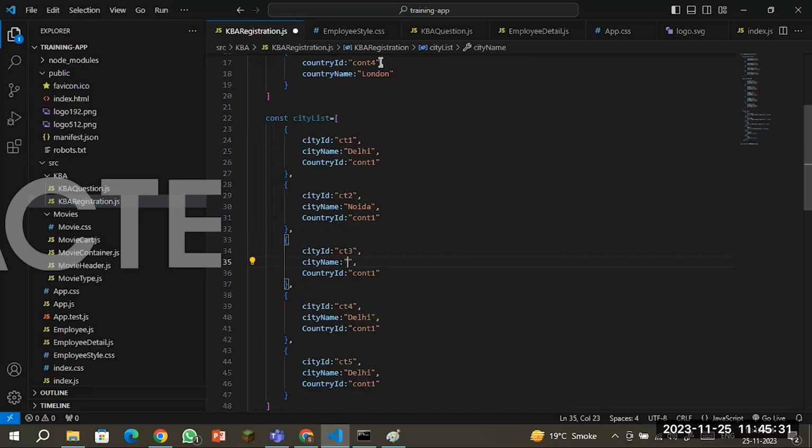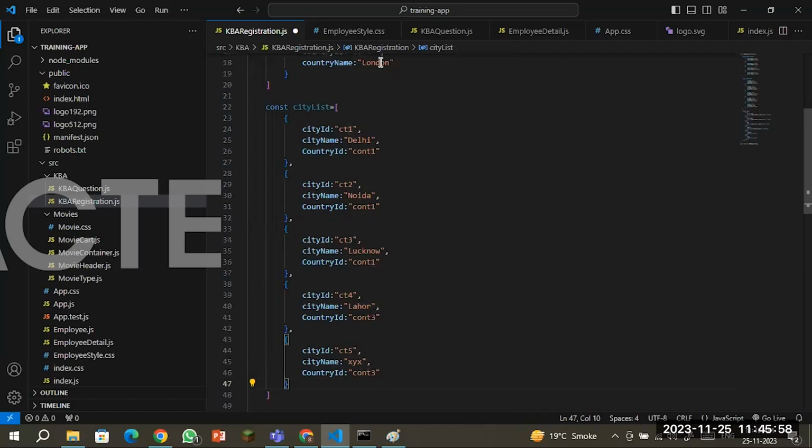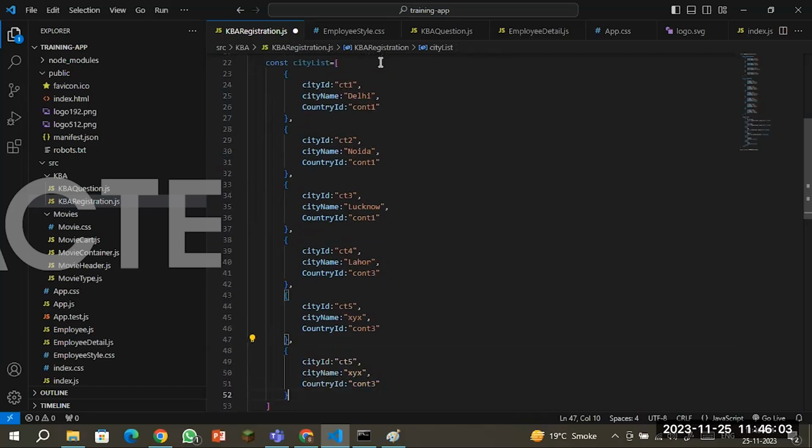City name. I'm putting that, which belongs to the country with ID 3. I'm putting a value like XYZ. This also belongs to country 3. And I'm going to add two more cities that belong to